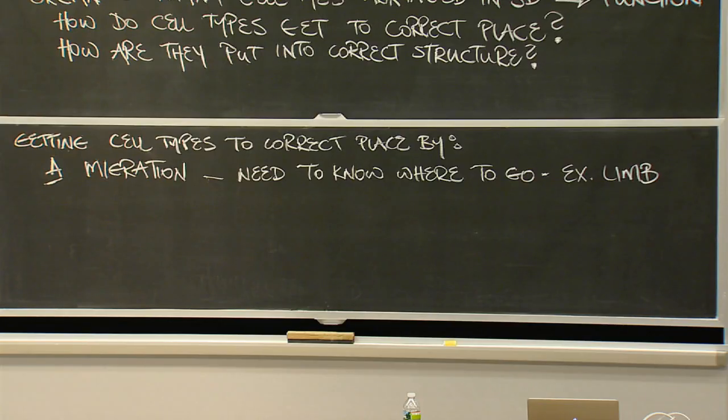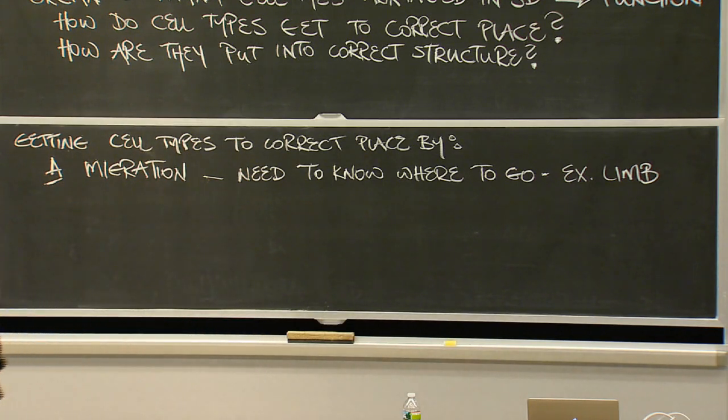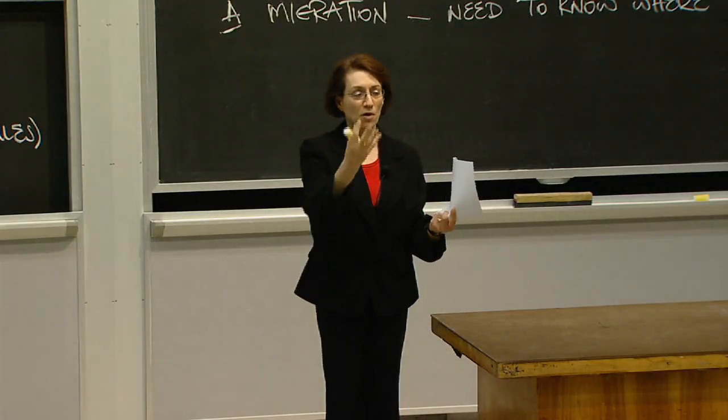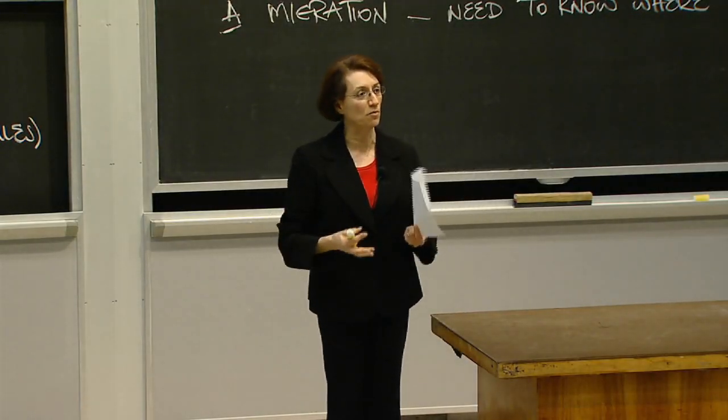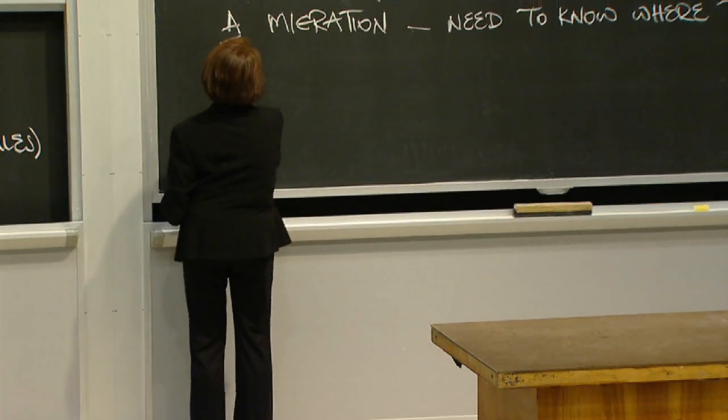How else could you get cells to the right place? See, it's not so easy. Okay, so here's another one. Well, you could, in one place, tell a bunch of different cells to form at the same time. You could have your organ and say, all right, we need cell types 1 to 10. Form. Here are some signals. You will form in this one place. And in fact, that happens. This is called co-induction,